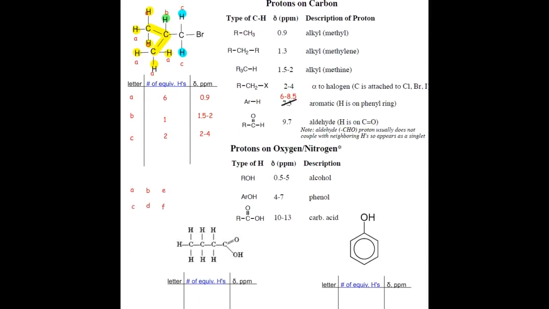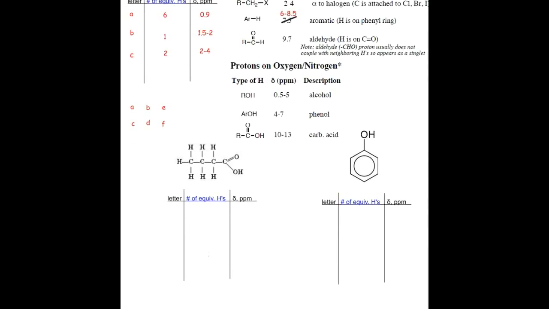So let's do the same thing for another one. I'm going to say that these 3 hydrogens are identical. I'm going to say that these 2 hydrogens are identical. They're on a carbon between a CH3 and a CH2. I'm going to say that these 2 are identical. They're between a carbon with a CH2 and a carbon that's part of a carboxylic acid. And that last one is unique. So I have 4 letters